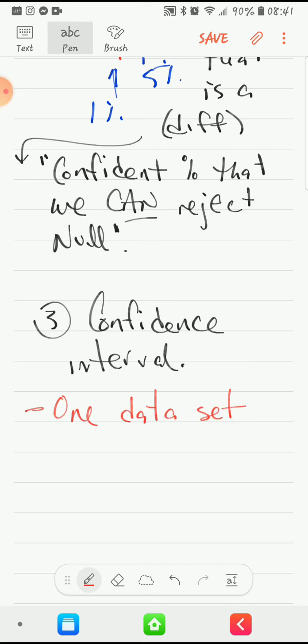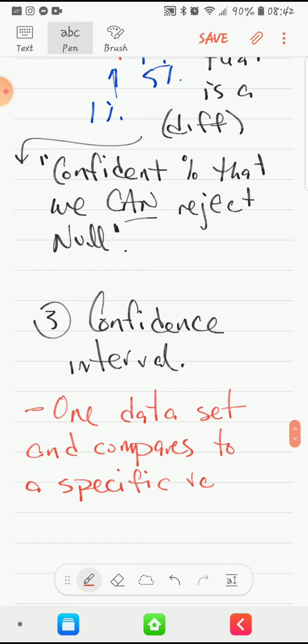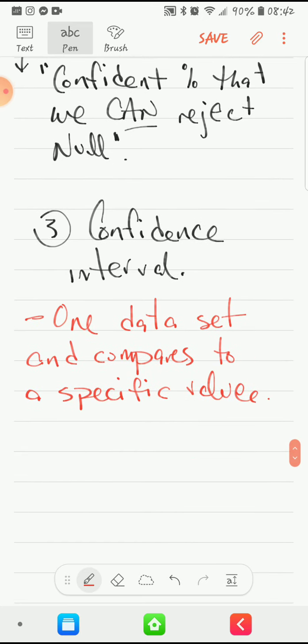Everything we had before was two data sets, and this takes one data set and compares it to a specific value. It's similar to the t-test, but it's not. A lot of people see it as a really specified t-test, but it's not